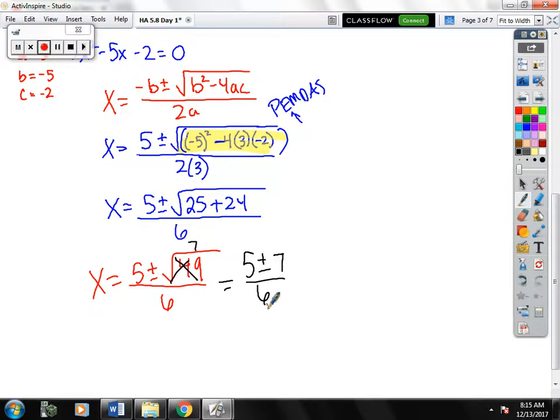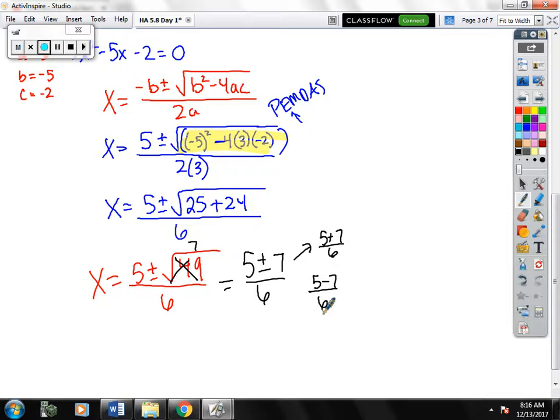Should I leave my final answer like that? Or could I actually find two distinct answers? Am I able to combine 5 and 7 together? Yeah. So you actually want to split this up and get two answers. You'll do 5 plus 7 over 6, and you'll do 5 minus 7 over 6, because they came out to